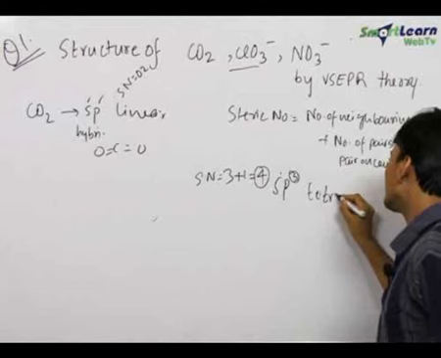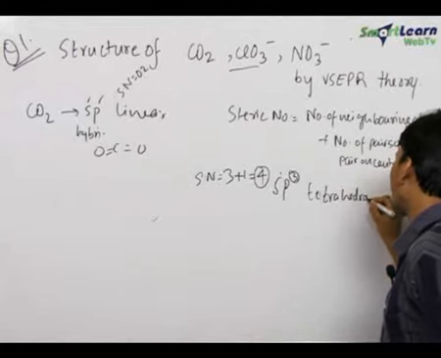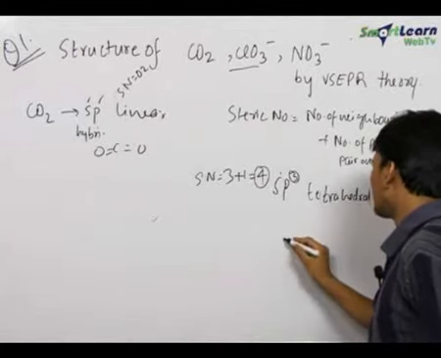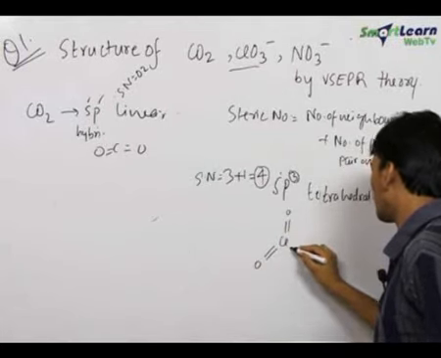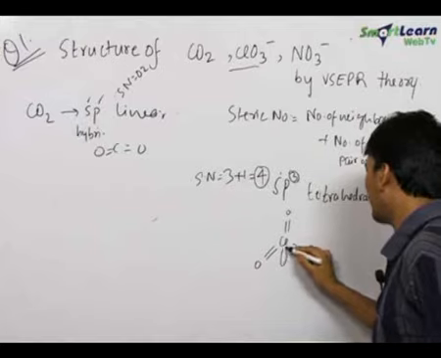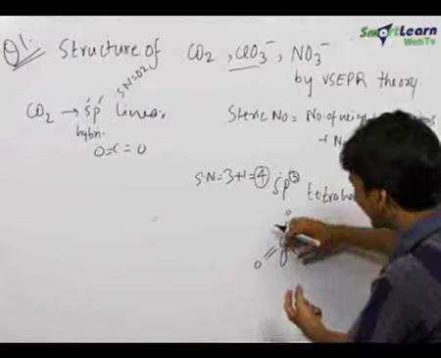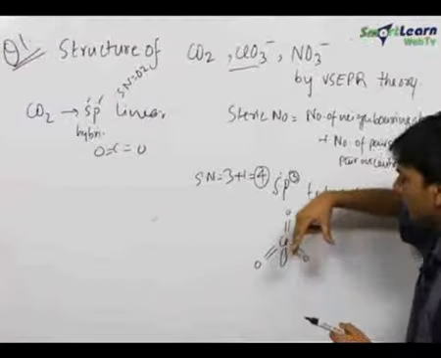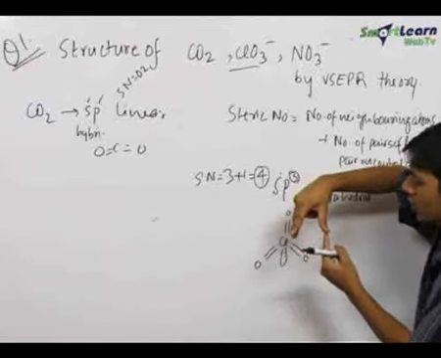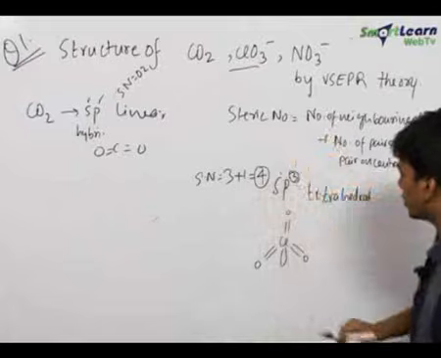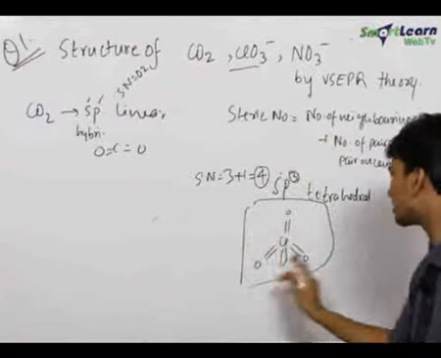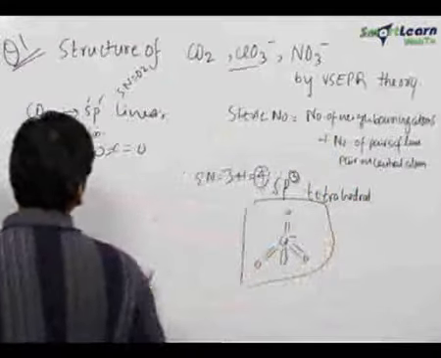The geometry is tetrahedral, that is the molecule will be like Cl and a lone pair. This is a tetrahedral figure. In 3 dimensions it will be like 3 atoms on 3 corners. This is a central atom and there is another atom on top. So it is a structure like that. Therefore we get the structure for ClO3 minus.